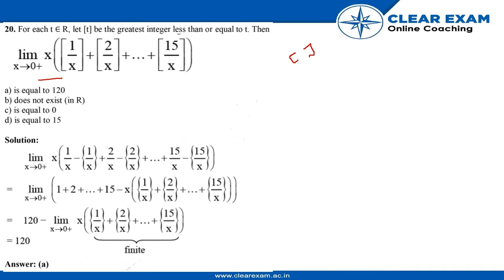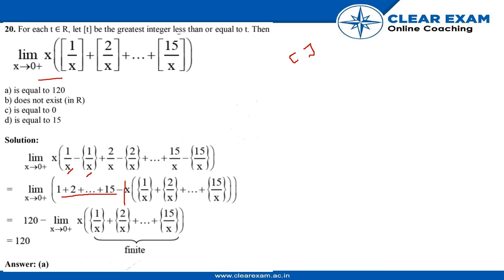So here we have been given limit as x tends to 0 from the positive side. Here we will dissolve each element into two parts after breaking the brackets. So we have the non-bracket terms and the bracket ones. After further simplification, we will take the non-bracket terms separately and take 1 by x common and multiply by x, so it will be 1, and minus x remains for the bracket ones